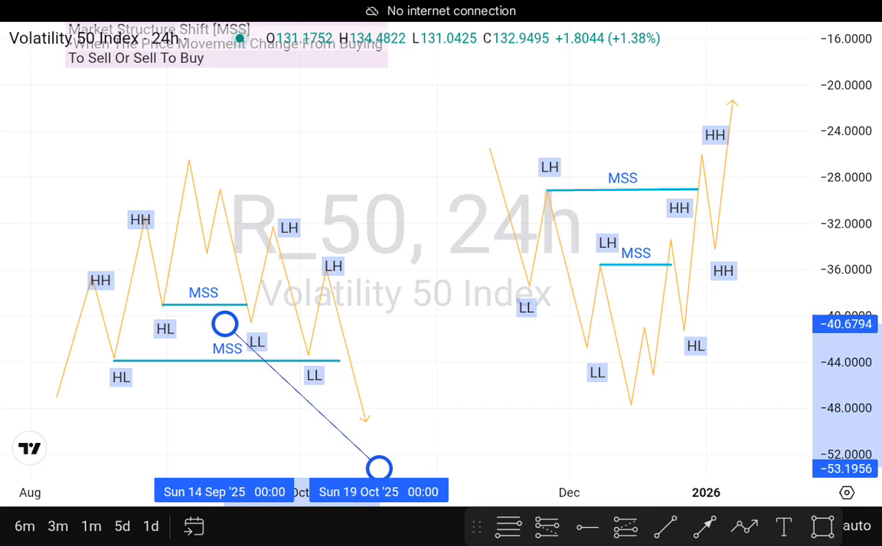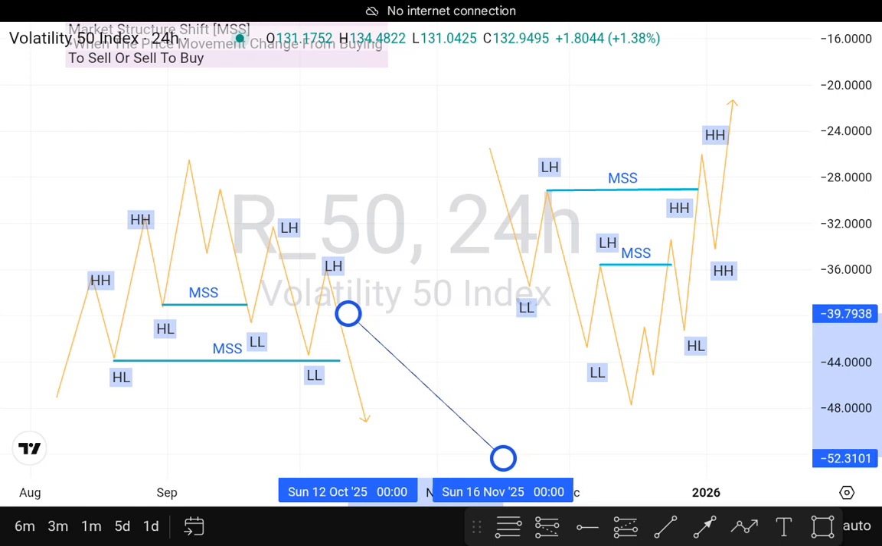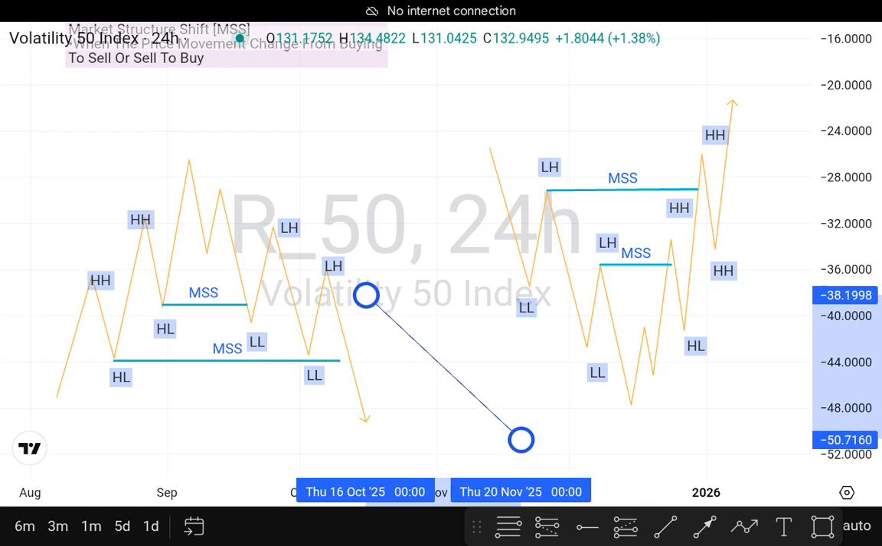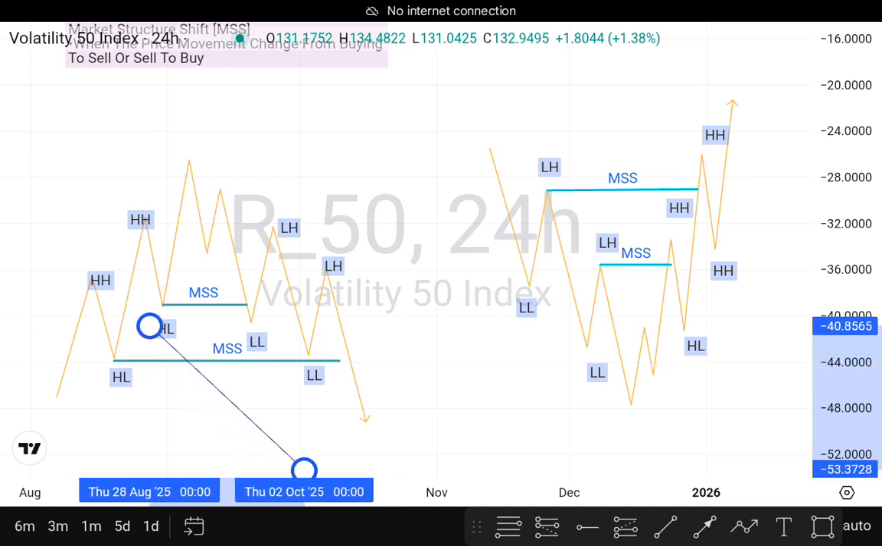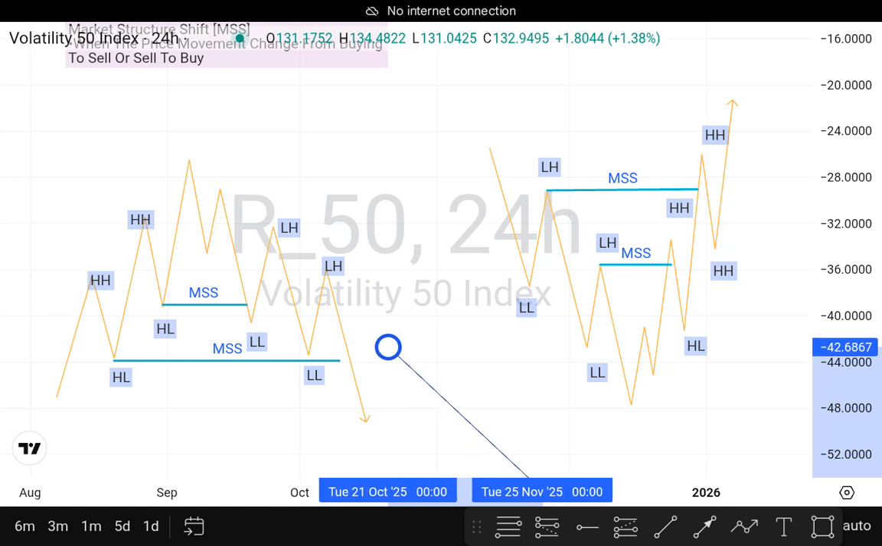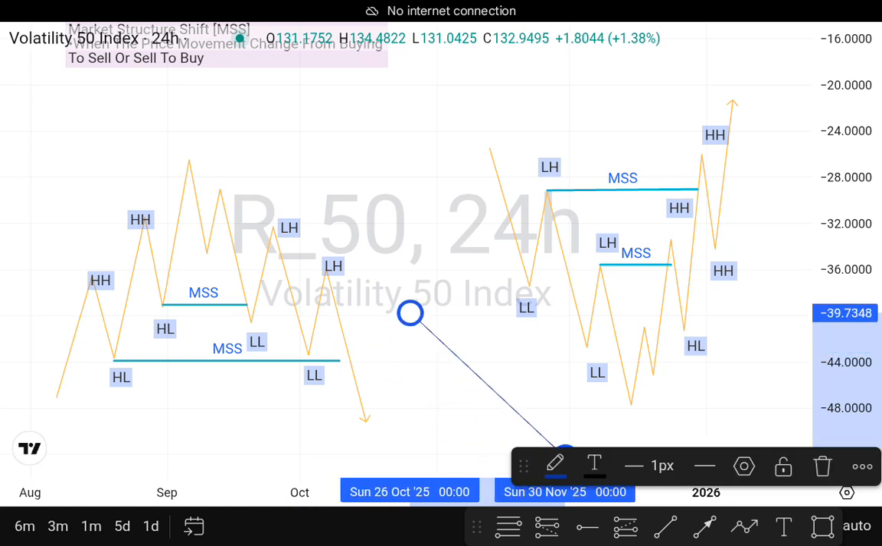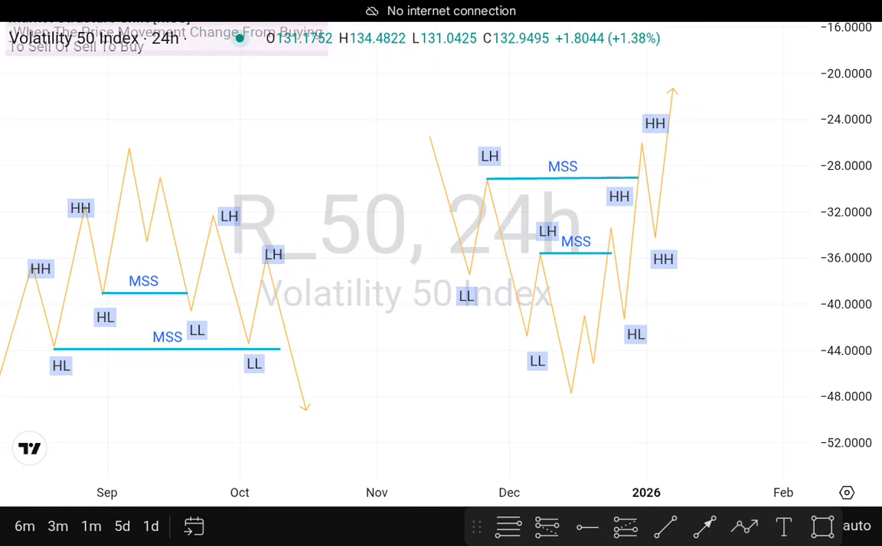Make sure you see at least 2 market structure shifts before you say that now there's a market structure shift that has occurred. As you can see here, the price was moving in an uptrend and then it changed to a downtrend, guys. That is a market structure shift. Okay, let's go to the second